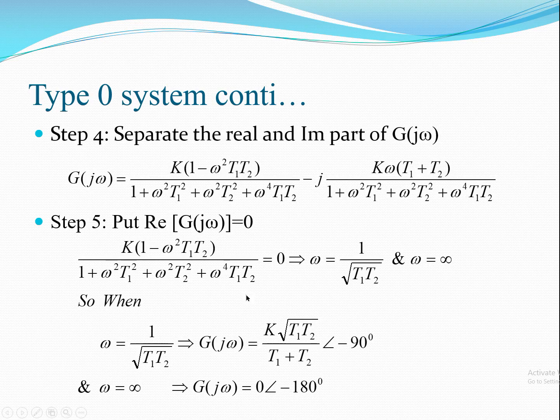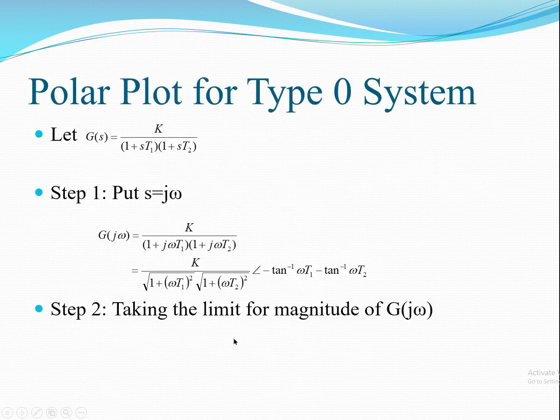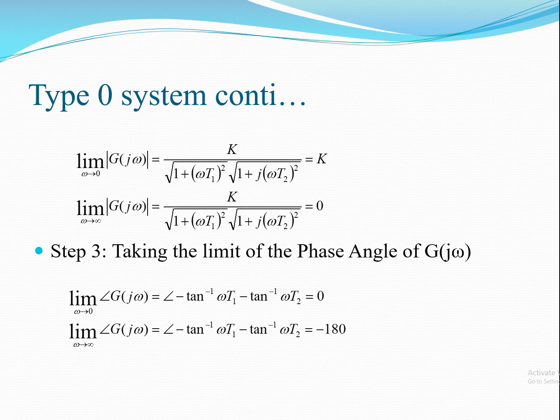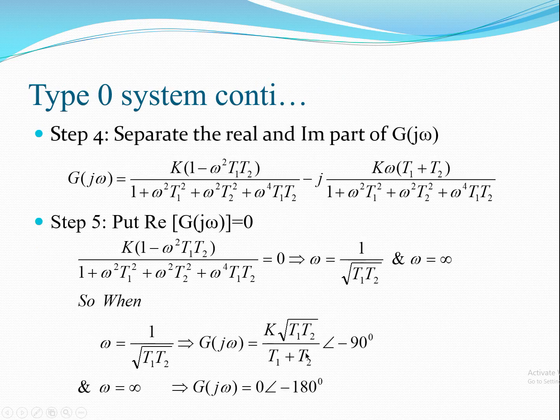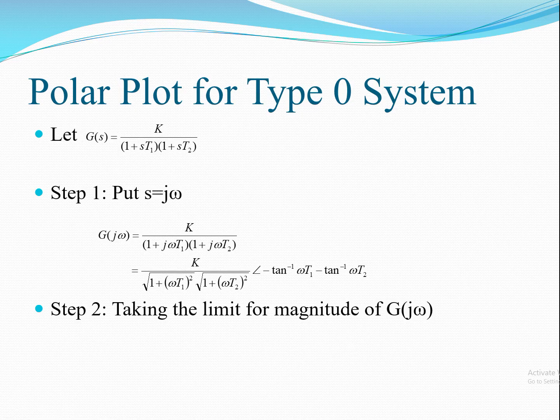What all I have to do is we have to find out G of j omega. Here, the G of j omega we got, okay, G of j omega, we have to put omega equal to under root t1 t2. Okay, so if I am putting omega equal to under root t1 t2, I will be getting this answer, and the angle is minus 90 degree. Sorry for this, we do not have to put in this equation, you have to put in this equation. Omega equal to under root t1 t2. If I am doing so, I will be getting,